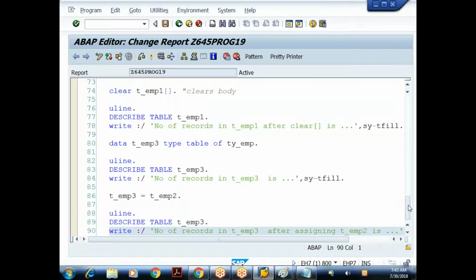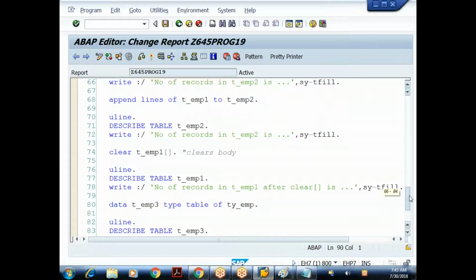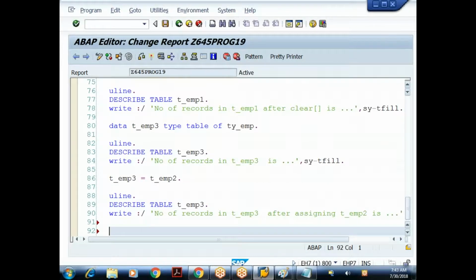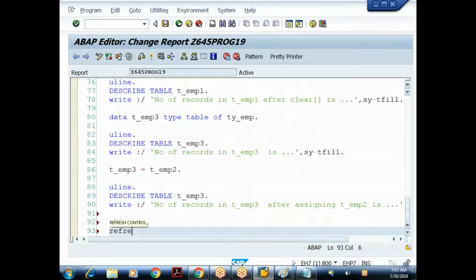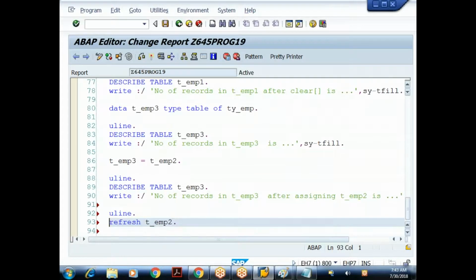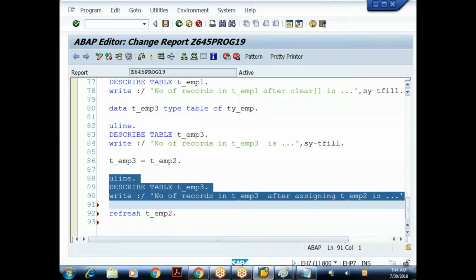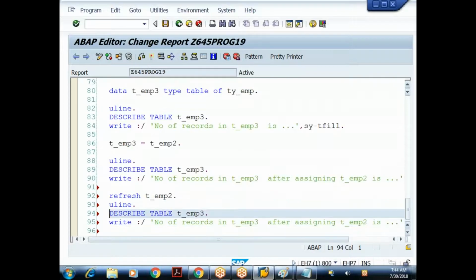Now earlier, to clear the data from the body, the statement I used was clear. Now see the technique. I'll say refresh T_emp2. Let me count the data in T_emp2. Describe table EMP2.